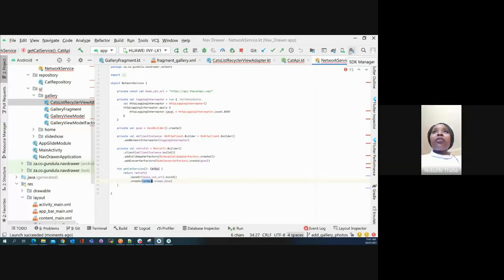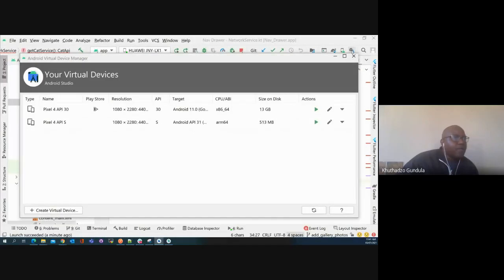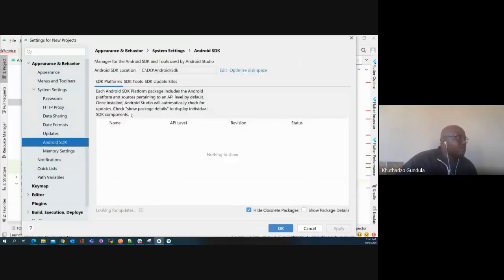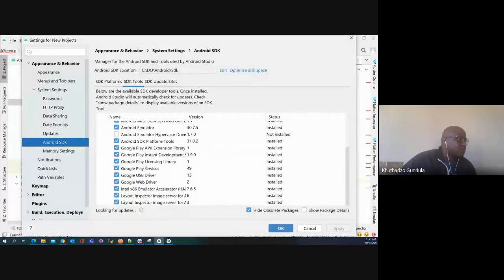I do have a physical device. Yeah, because you mentioned that you want to install on your phone. So I'm assuming you're talking about the emulator. Okay, cool. So here, under SDK tools, you'll need to install